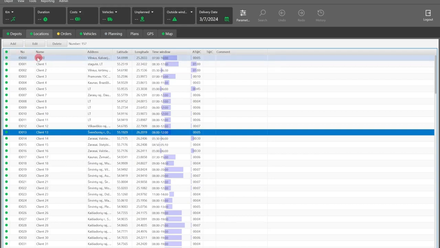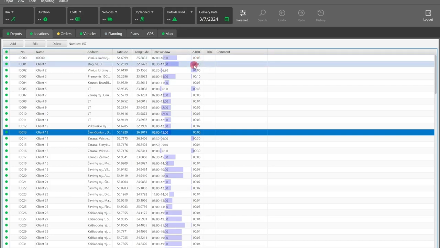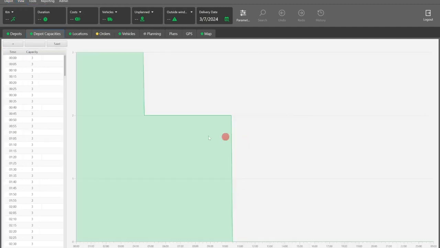We synchronize with the accounting system the client's name, address, geo-coordinates, standard time window, as well as waiting time, if this is expected. Also, it is necessary to take into account the capabilities of the depots. This is the productivity schedule that the warehouse can provide us with over a period of time. Simply, it just shows what is the maximum number of cars that can be loaded or unloaded at the same